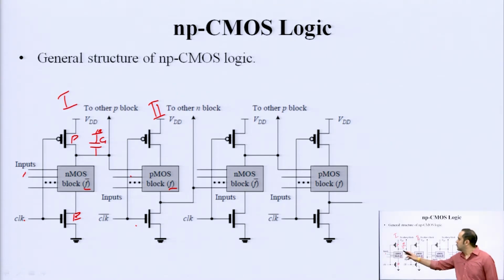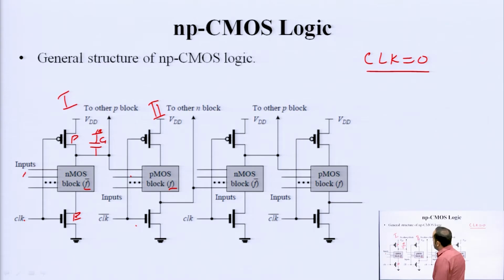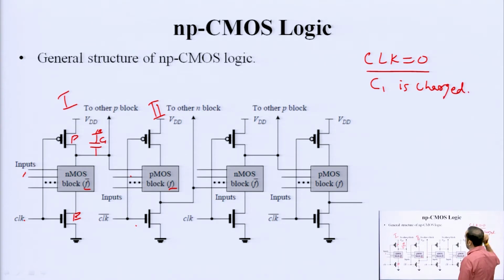So, suppose when clock is 0, C1 gets charged, but this PMOS block is not working, because this is operating on clock bar, complementary clock. So, when clock is 0, this becomes 1. So, this part is not charging. C1 is getting charged to VDD,